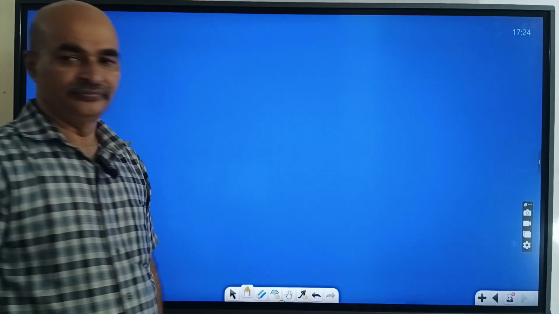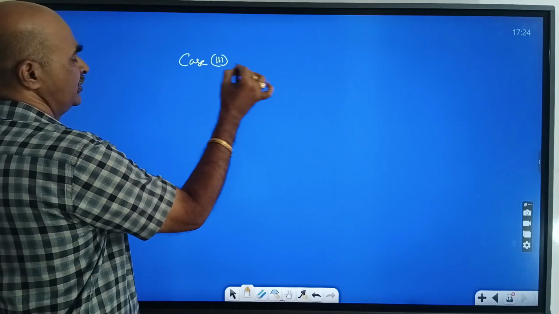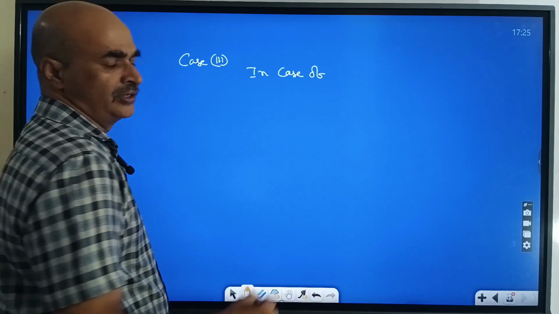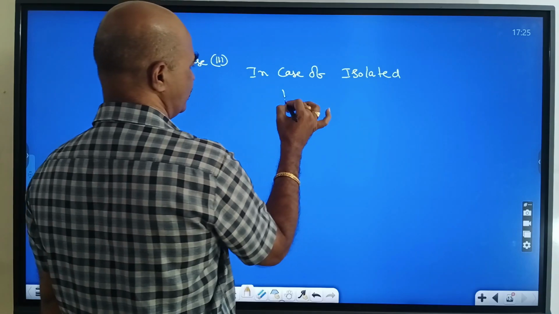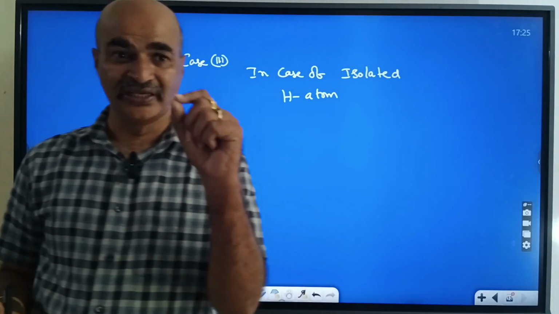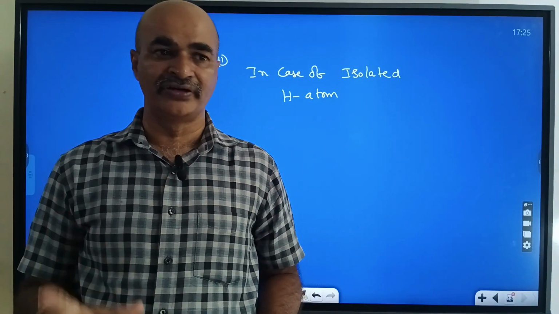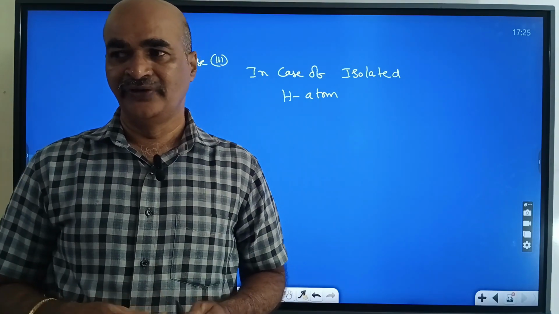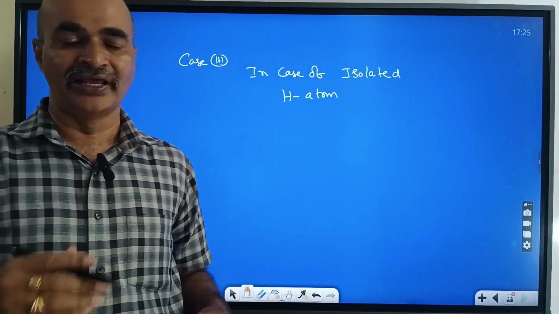Next, case 3. In case of an isolated hydrogen atom, isolated hydrogen atom means only a single atom. Previously we discussed a sample of hydrogen gas. A sample of hydrogen gas means that the sample has many hydrogen atoms. If you take an isolated gaseous atom, only one hydrogen atom,